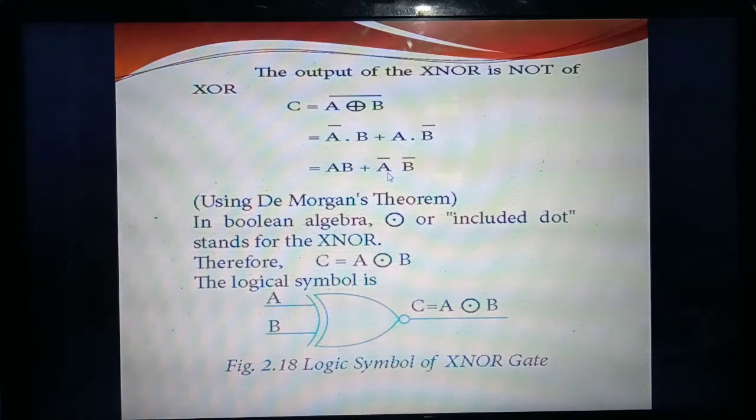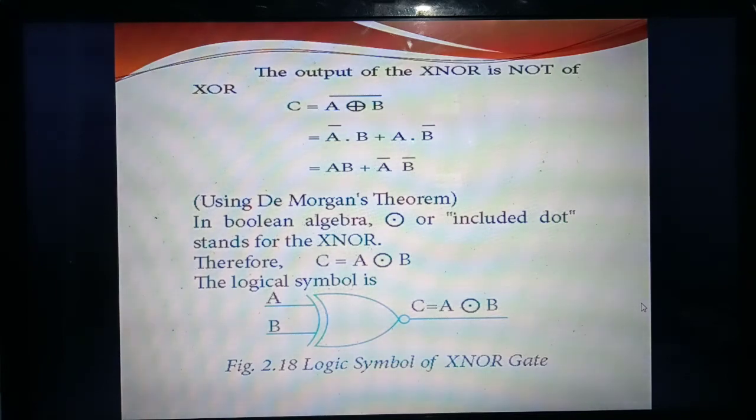Okay. So listen carefully. So here, encircled dot. Okay. XOR gate is denoted by which one? Enclosed plus. But here XNOR gate is encircled dot. Important one more question. Okay. So we can write this XNOR gate, C equal to A encircled dot B. So how you need to draw means, this XNOR gate has the bubble drawn at the front.